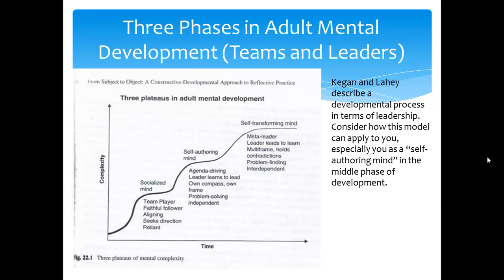As you're looking at the material for this particular learning module, make sure that you are keeping in mind specific ideas out of Kegan and Lahey to begin with. Kegan and Lahey are two scholars who developed a three-plateau or three-phase model for thinking about reflective learning. As you're looking at this model, keep in mind that in the Organizational Leadership 3050 class, we're focusing on the middle section of this particular diagram, the self-authoring mind.